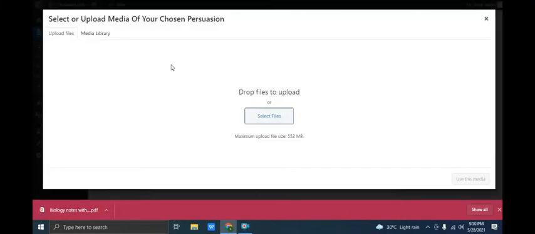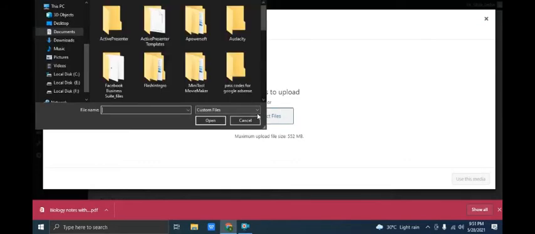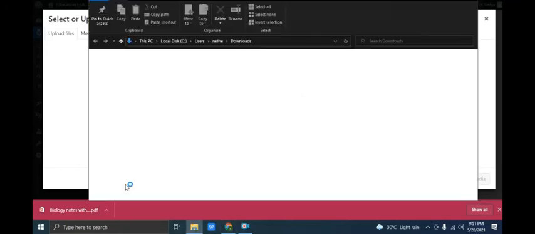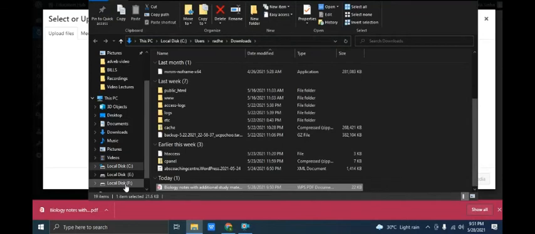Now again, before downloading you have to change the format, because if you take the PDF file, it is of no use, because the PDF file won't show on this. I have taken this PDF file, showing you what happens. If you upload the PDF file over here, it will show nothing when you drop the file.